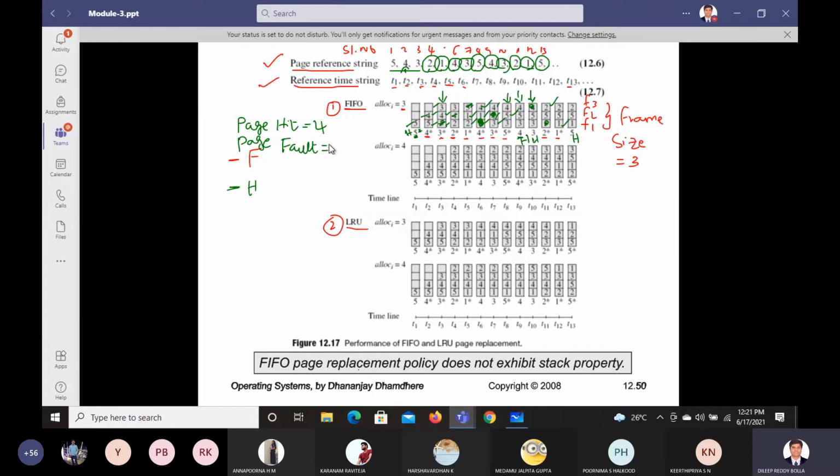Page fault: out of T1 to T13, 13 minus 4 will be 9 if you count it. So 1, 2, 3, 4, 5, 6, 7, 8, 9. So 9. If you want to find the percentage of page hit and fault, the percentage of page hit